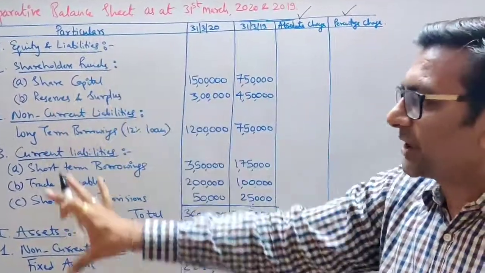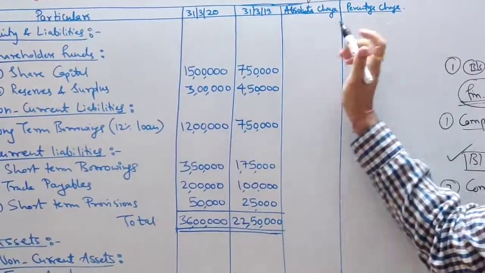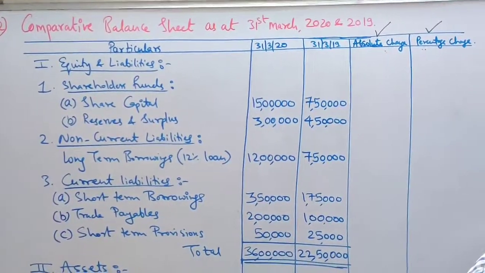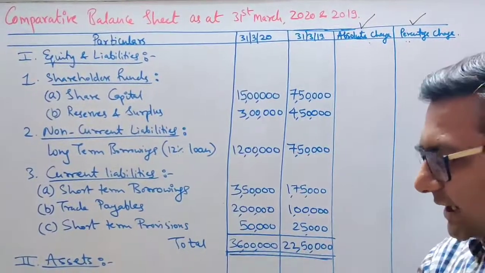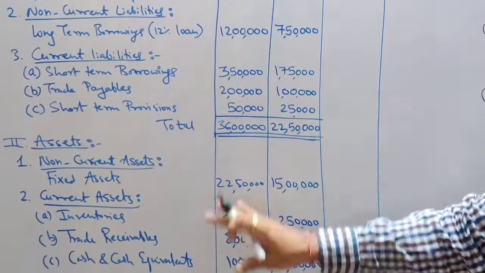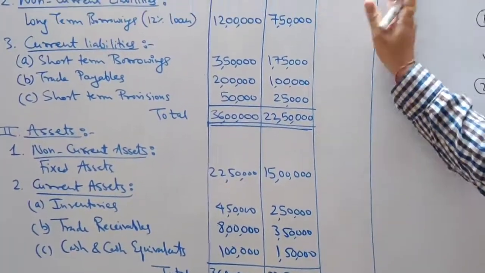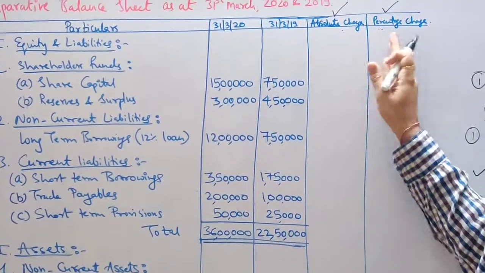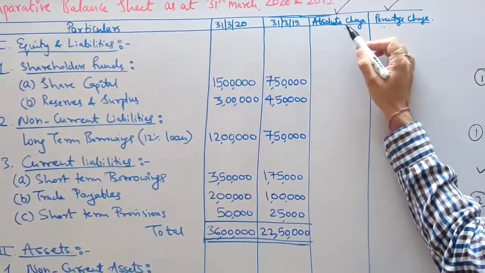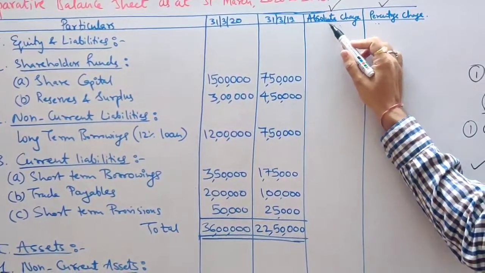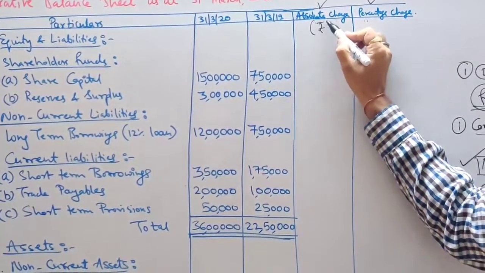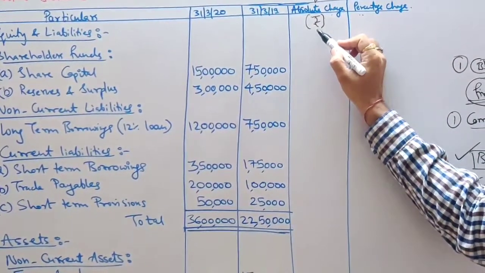So when you draw this table, you draw a table with 2 additional columns, and then you start copying the question. You first copy down the entire question, and once you have copied it like this, the way I have done on the whiteboard, then you start with the solving. Now which are these 2 additional columns? These 2 additional columns are given a heading. The column heading is absolute change. Now this absolute change you are going to write in terms of rupees.